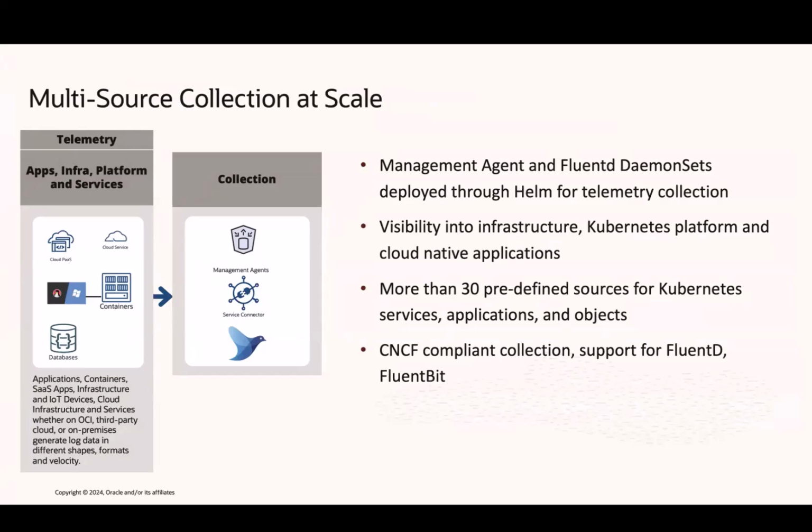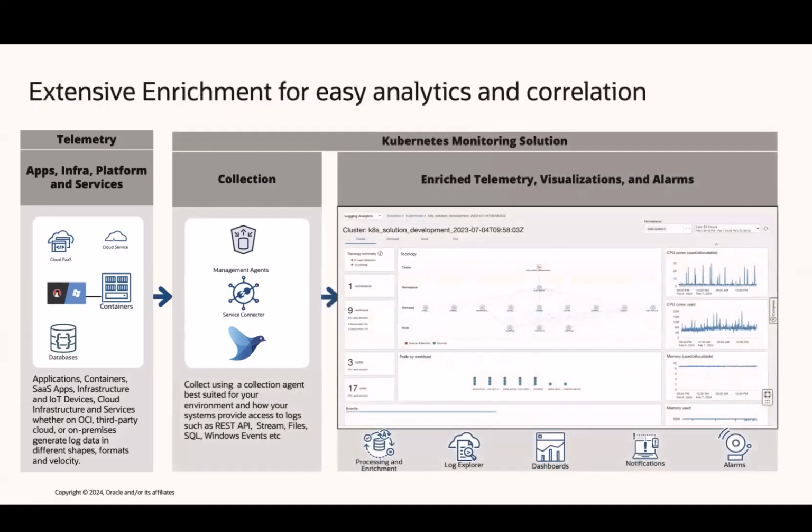Now, all of that, that's not just log collection or object collection which is happening. There is a lot of processing that goes on behind the scene to identify, hey, which workload is running on which namespace and what workload is talking to. So to build that end-to-end topology, all of the telemetry that we're collecting is enriched with common metadata to ensure that we are able to provide that end-to-end view, which looks like something like this,